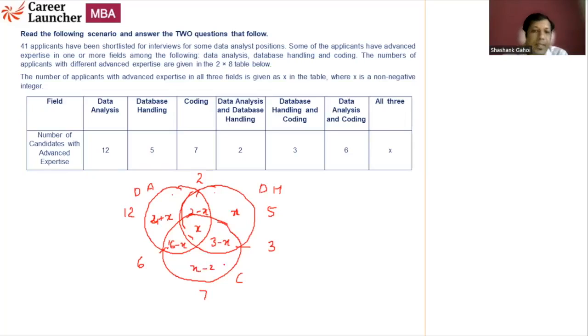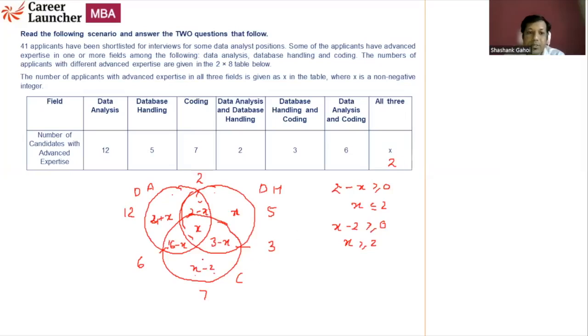Okay. Now, if you see this value, if we are filling the values in set theory, none of the values can be negative because number of people cannot be negative. So it means 2 minus X cannot be negative. It means 2 minus X should be greater than or equal to 0. So it means X should be less than or equal to 2. But it also says that X minus 2 should also be greater than or equal to 0. It means X should be greater than or equal to 2. Now X is greater than or equal to 2 as well as less than or equal to 2. It means X can have only one value. That value is 2.